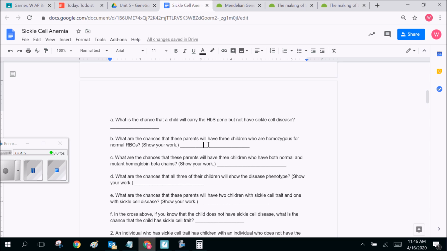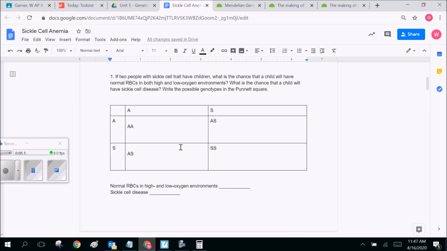It's not saying that you're definitely going to have two kids that have the trait and one kid that has normal and one kid that has the disease. It's not how it works. This is just a mathematical prediction. So if you think about probability, if we are talking about this as being a probabilistic problem, what if